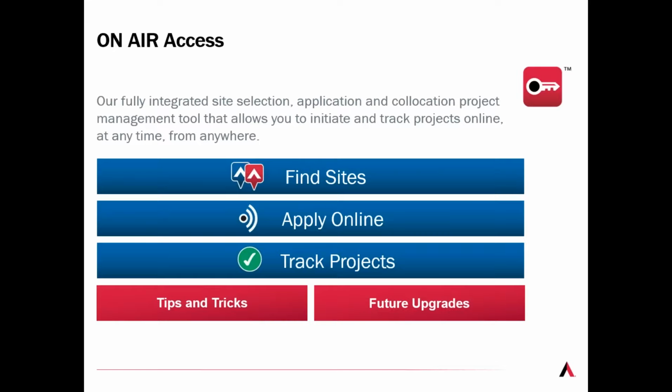And this will just talk real quickly about some of the tools that we have. I know Cambium has some great tools in Link Planner. This is, I would say, similar along those lines, which is our On-Air Access. And everyone has access to this. All you need to do is submit a request through American Tower, and you get a user email address and a password, and you can gain access. So it's real simple and easy. If you go into our website, you can jump into this real easily. You can go to the next page.